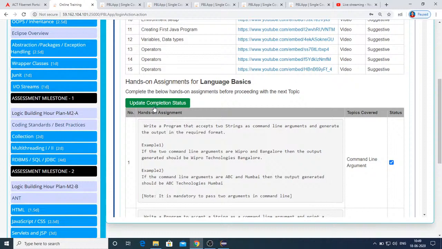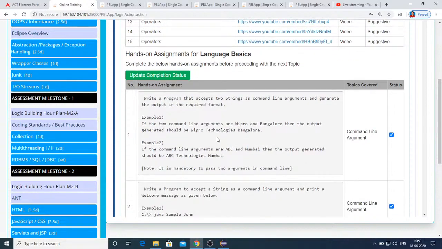I already mentioned that for every Synergy ID, the tracker maintains what IP addresses you are working from, your present hands-on exercise completion status, and how much duration you have spent on this PBL lab. Everything is being tracked.